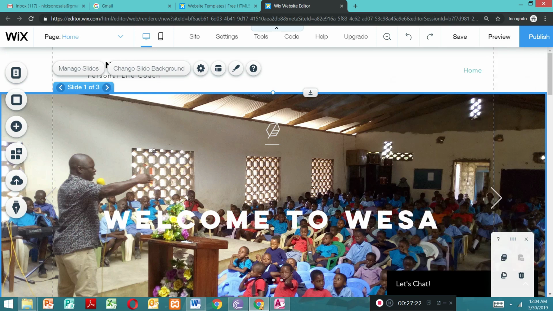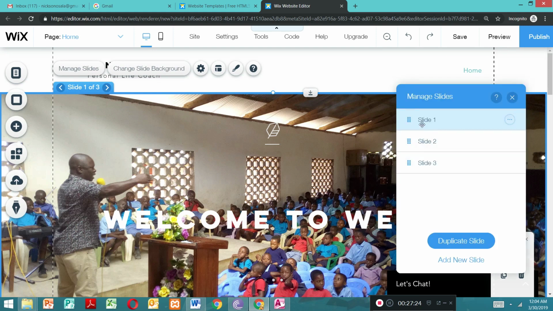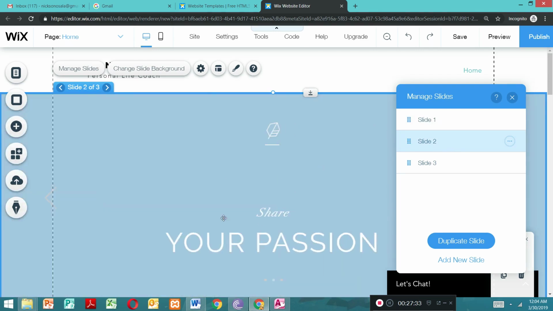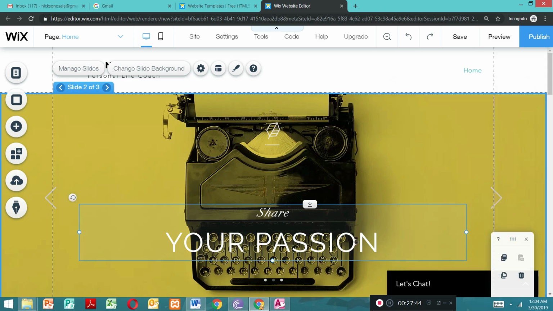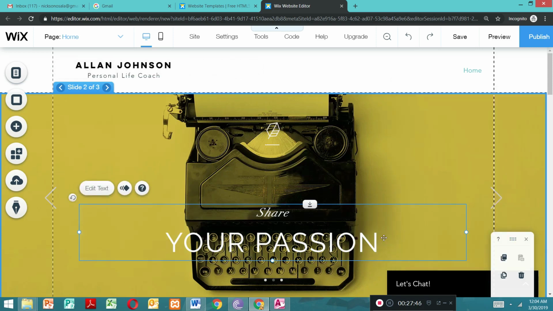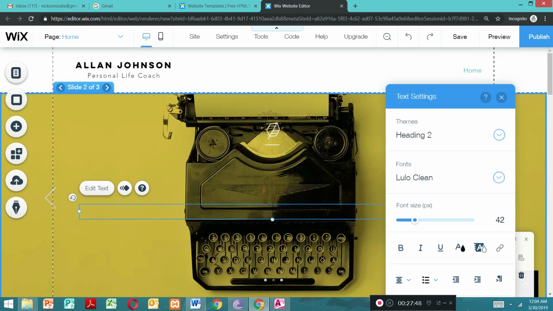You see, and we have slide 1, slide 2, slide 3. So this is slide 1. So we'll come to slide 2 again and click on it. When you click on slide 2, you see it has nothing. So again, you'll have to delete these writings and say something like anything you want, but something actually like say welcome or home of champions, home of innovators,